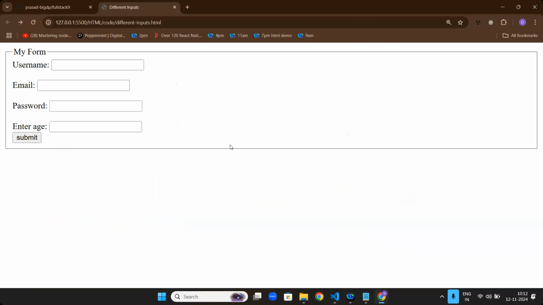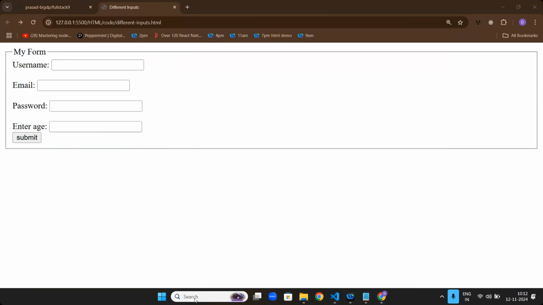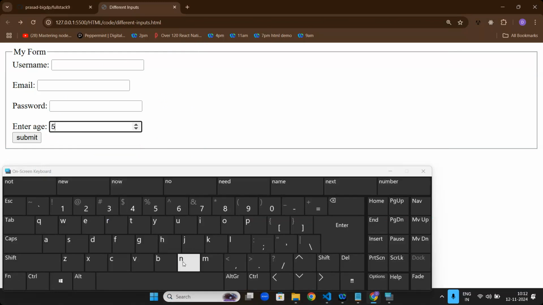If you try to enter any value here, let me open the on-screen keyboard. When I enter D, is it coming? No. But when I enter 5, it will accept only numbers.